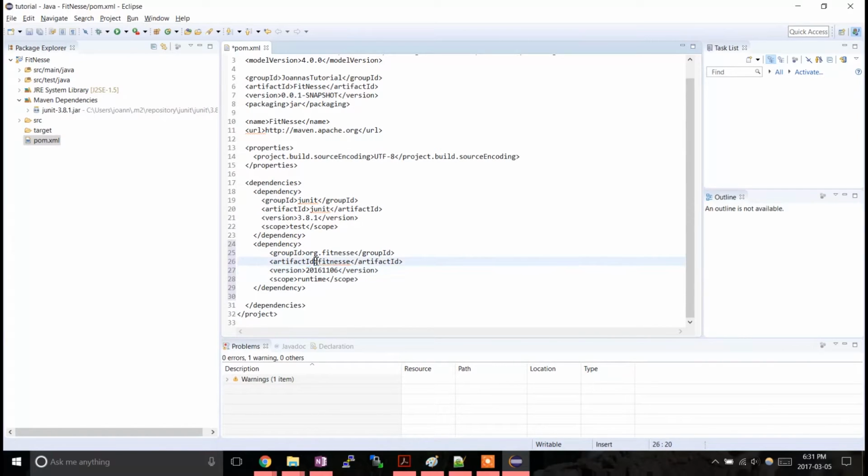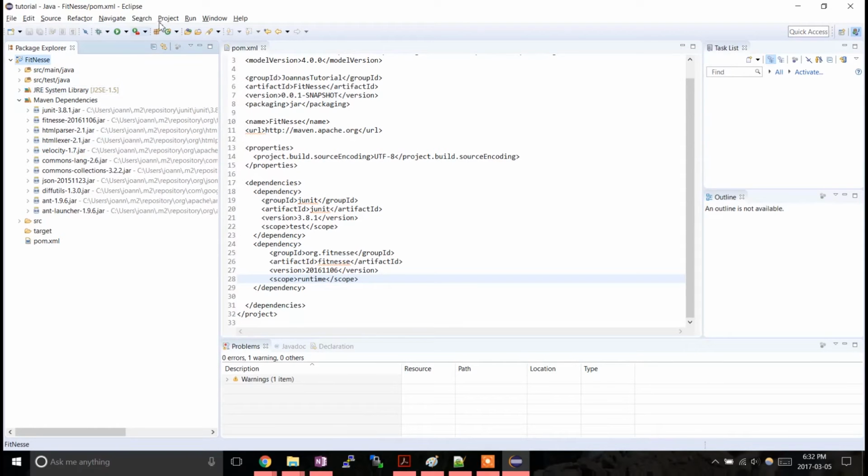Perfect. Now we want it to update and add that dependency. So we save and then make sure we're on FitNesse. Oh, it did it automatically. But if it doesn't do it automatically, push project clean and OK. And now it would update these. That's great. All right. Now time to run our first FitNesse